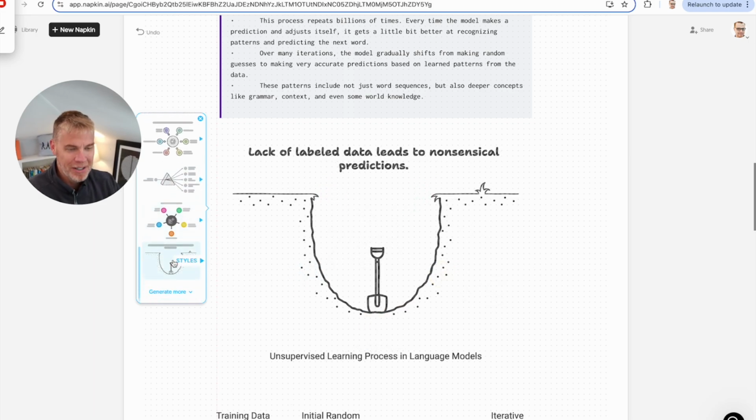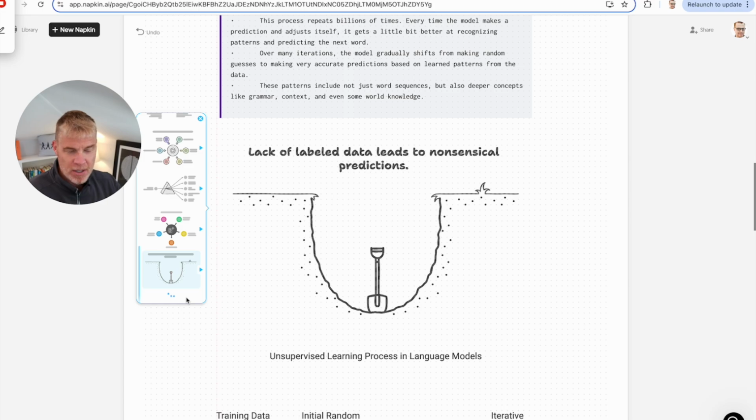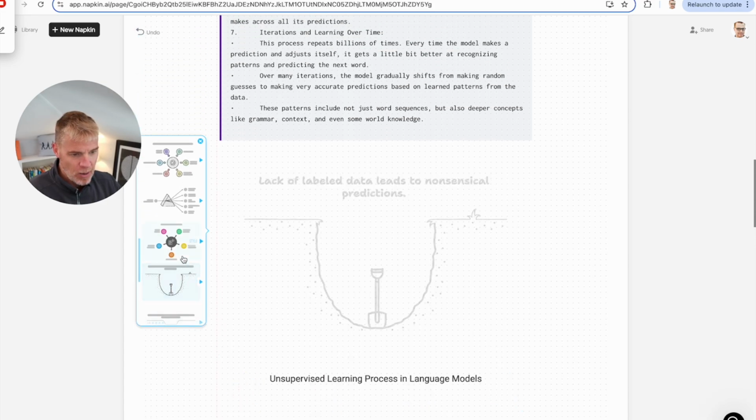So I don't know where this came from. I mean, in terms of what it's trying to depict. I mean, I agree, lack of labeled data leads to nonsensical predictions, but that's not necessarily true, and that's not the point of what I'm trying to make. So not all of these. Now, it can generate more. As you can see, I clicked on that button. We'll see,